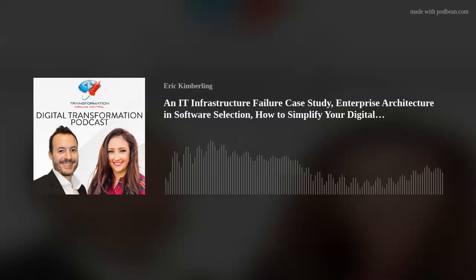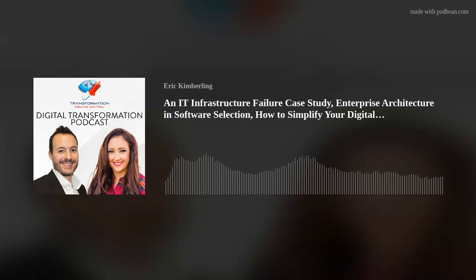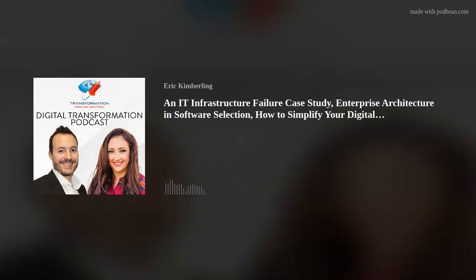Yeah, absolutely. Well, let's start there with then what the topic today is obviously enterprise architecture and how it fits into a software selection and implementation process. But if you sort of back up and just start with the real basics here, what exactly is enterprise architecture?